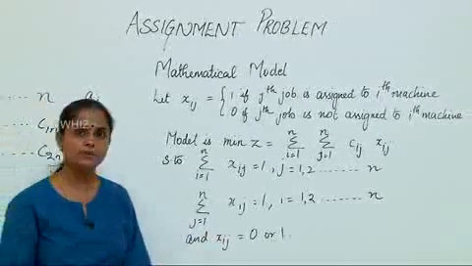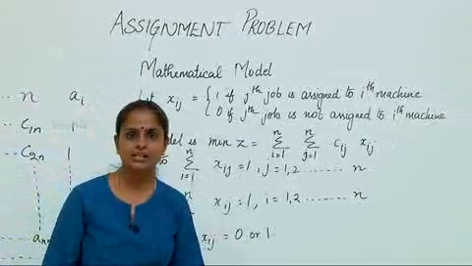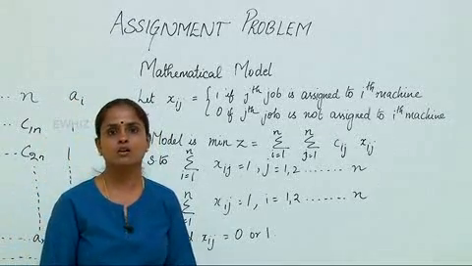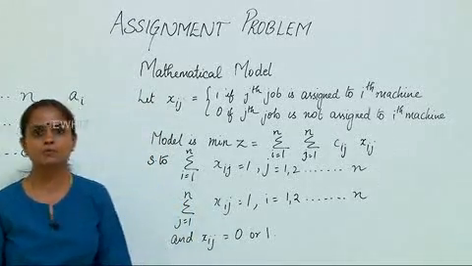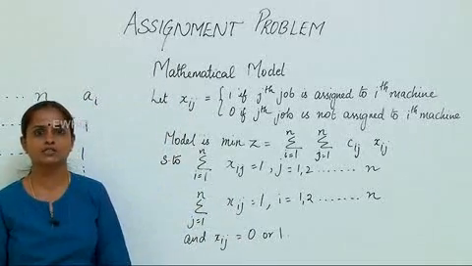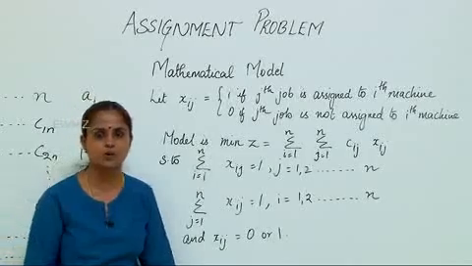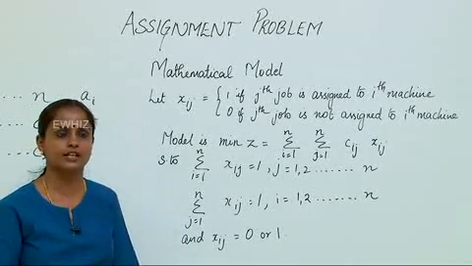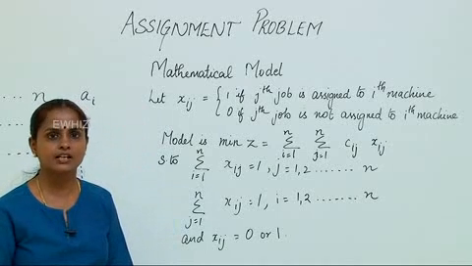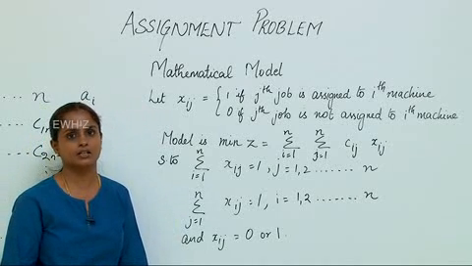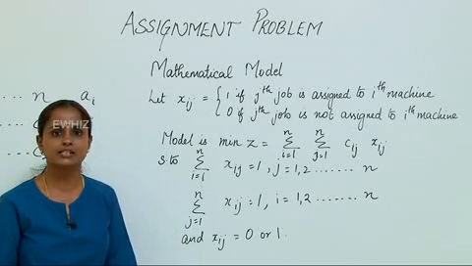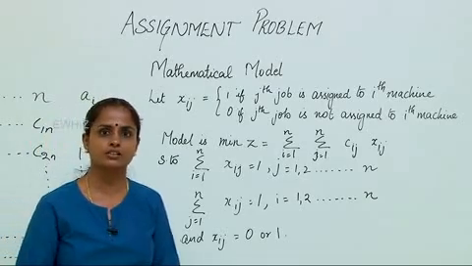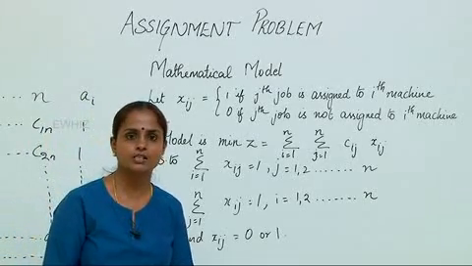So, given a problem, first identify the primary conditions. The primary conditions are: number 1, the problem is a balanced one. What I mean by a balanced assignment problem is that the number of rows tallies with the number of columns. Then you check whether you are given the cost schedule or the profit table. If a profit table is given, like how we dealt with the case of profit maximization in transportation problem, first you have to make it a minimization problem and then proceed further with finding the optimal solution.